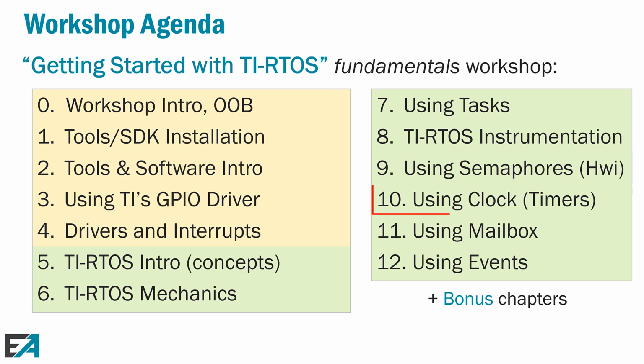Then in Chapter 10, we talk about clocks. This can be a very confusing topic, Scott, as we've taught this sort of topic for many, many years. Lots of different processors, lots of different timers. What are their uses? How do you set them up? What are the defaults? Can I change the defaults? And what is the actual BIOS heartbeat or tick rate for the system? So we're going to be able to set that up, configure it, use it to trigger periodic functions, and then we're going to talk about some other timer-related topics.